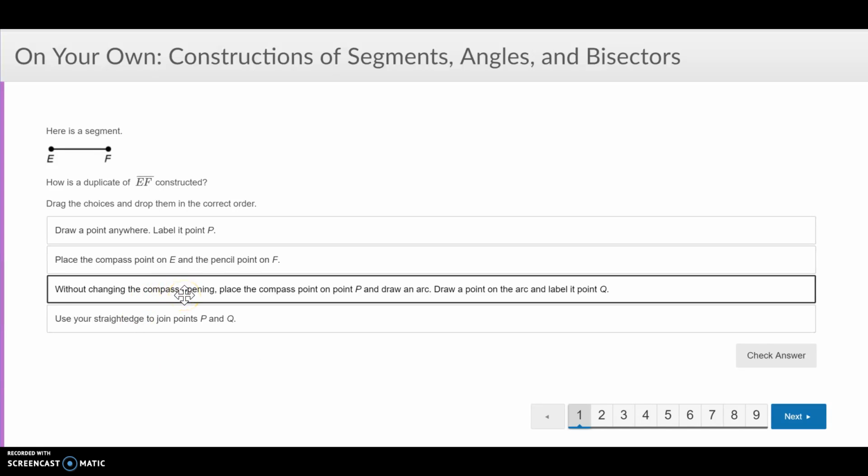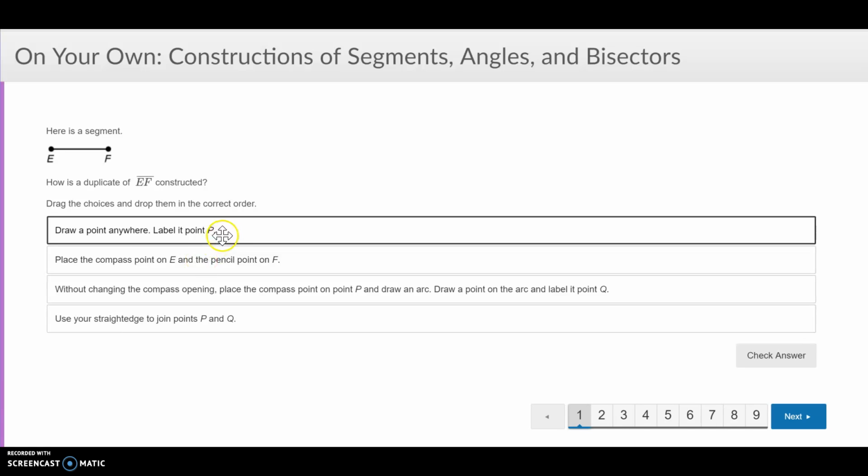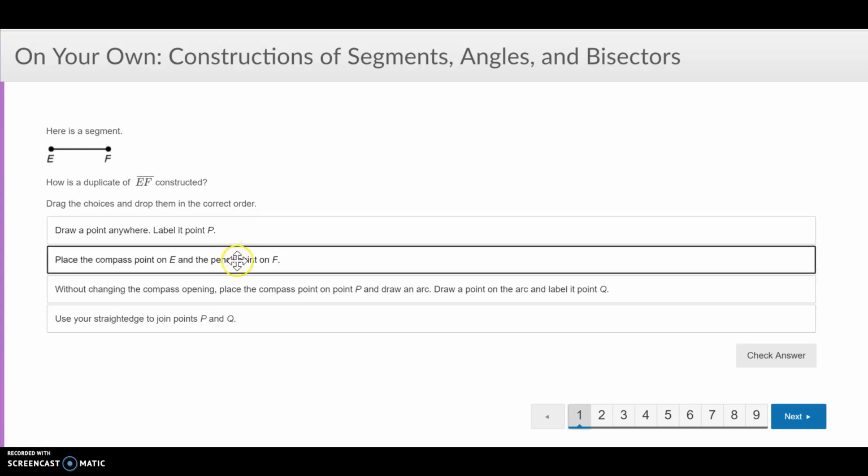The first thing we have to do is draw a point anywhere and label it point P. That's the first thing we're going to do. Okay, and then we're going to place our compass point on E and then our pencil point on F,